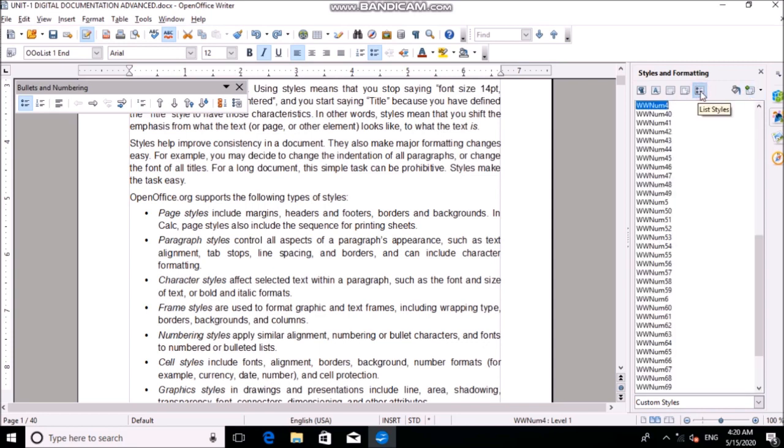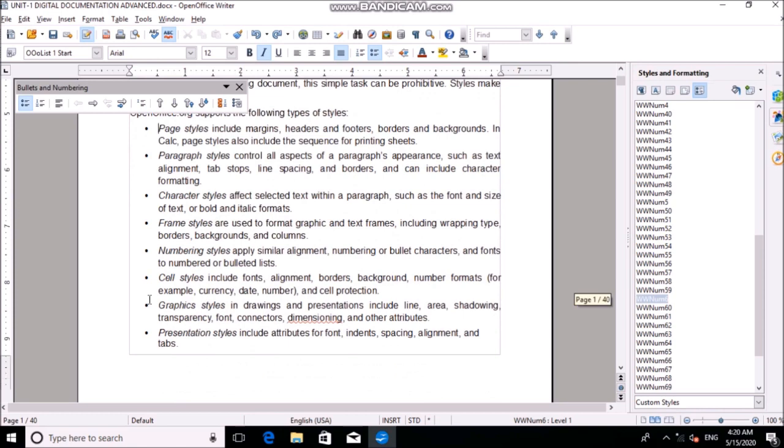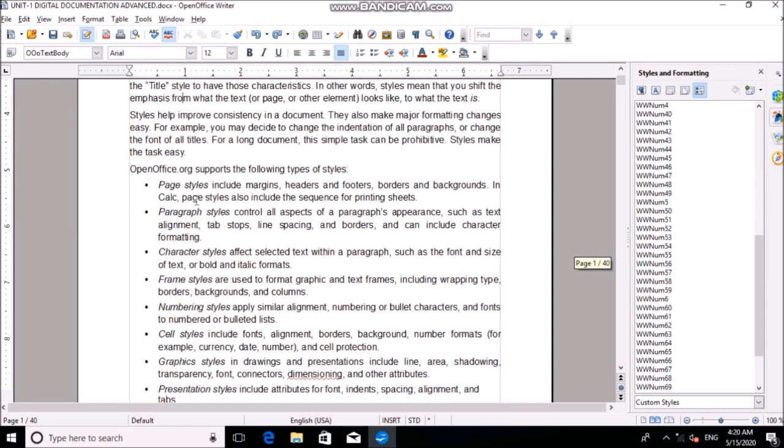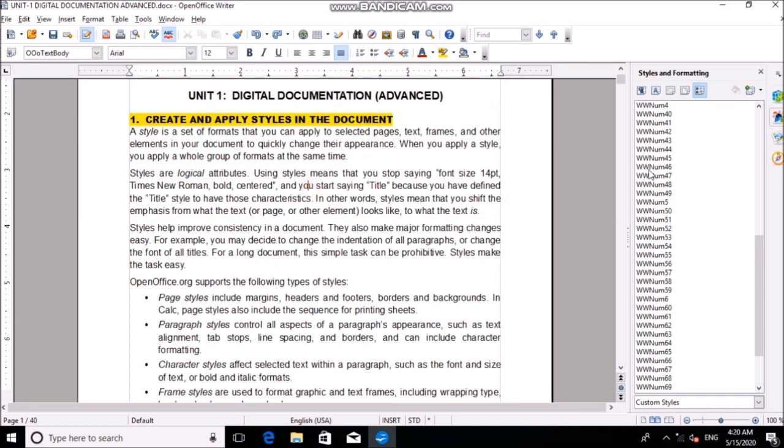Next is the list styles. So this list is a kind of bullet list. You can change it, and suppose I am clicking here, or I am selecting any of the content, so it is changing. You can see this.